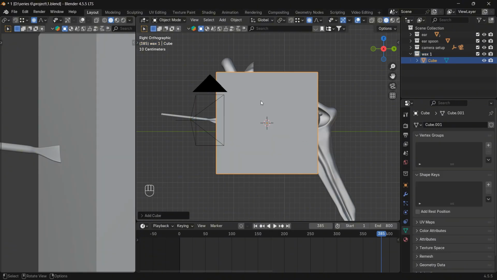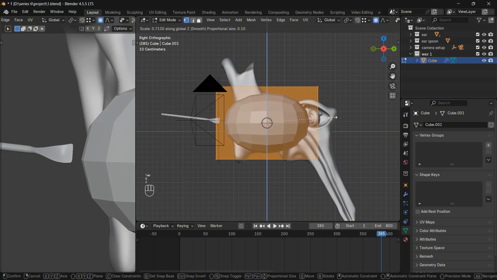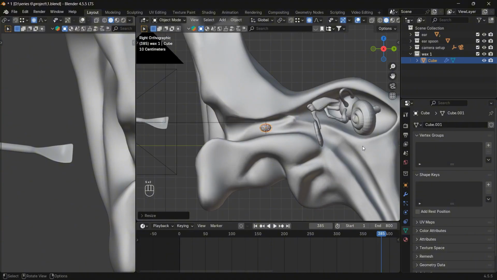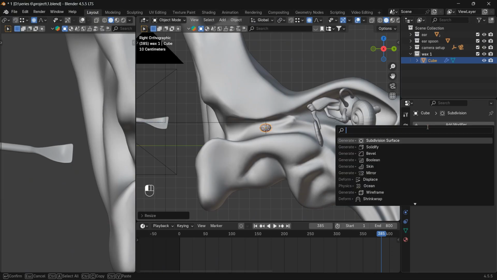For that, I will just simply bring one cube over here. This is a cube. I will press Ctrl 2 on the keyboard to add the subdivision modifier of level 2, and then I will go to the edit mode and scale it down a lot. One more thing I can do is go to the modifier panel and add one